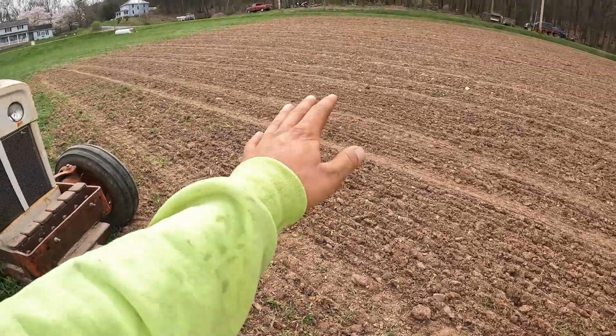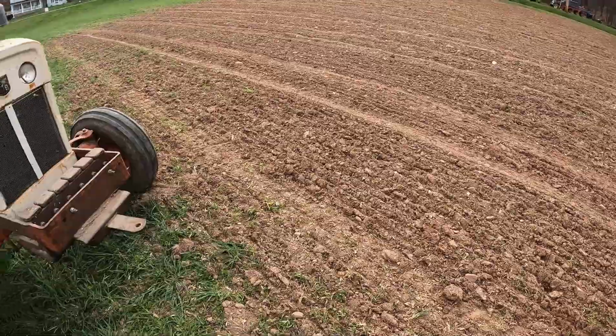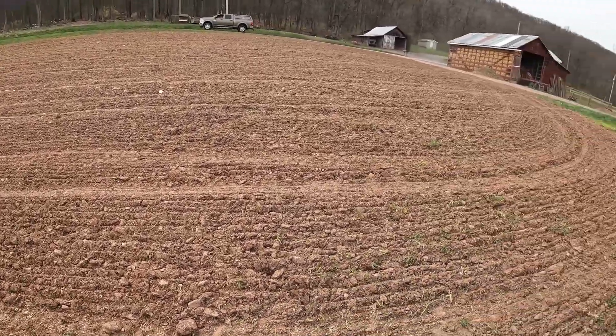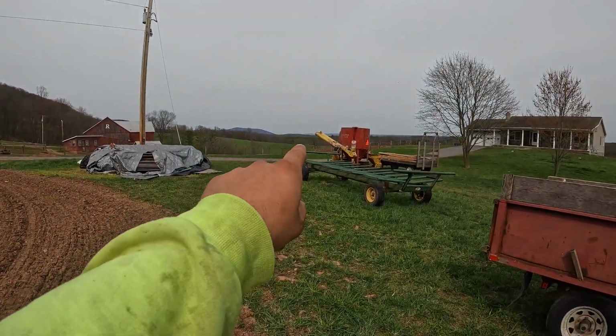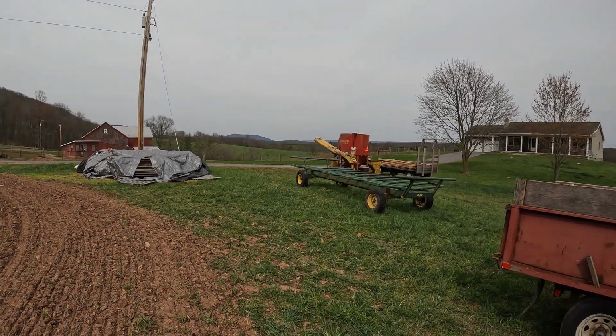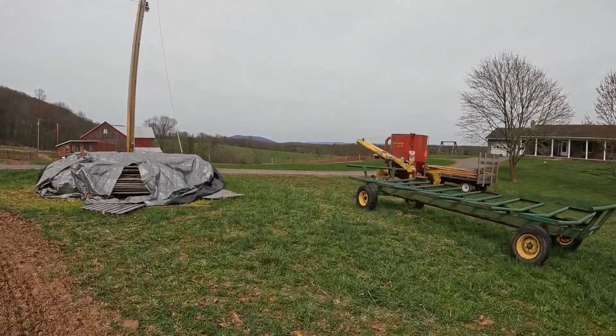So we got this little piece that I chiseled up in one of the last videos. We got it chiseled up, planted, it's good to go. I already disced it up a couple times, so it's good. Over there, over yonder, you see there's a little red dot. Trenton's tractor's sitting over there. He chopped that up over there, and the